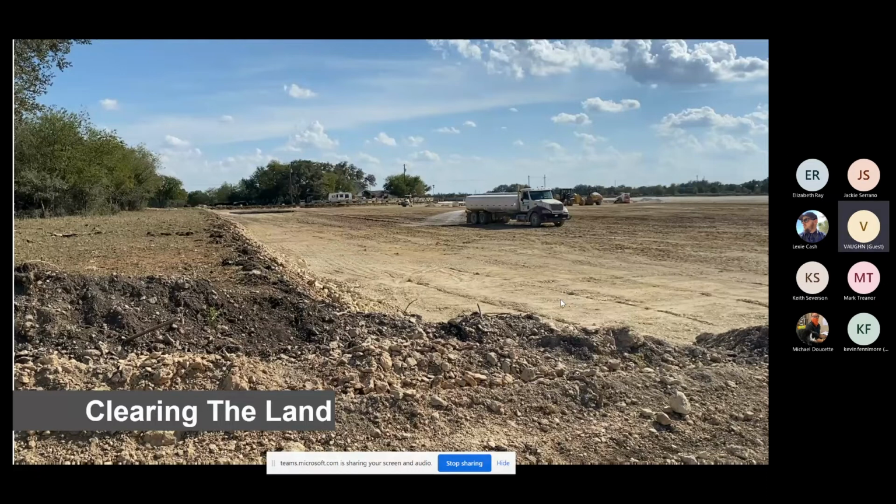So now I'm going to kind of give you a fast forward to one of our older pits. This is a very fresh pit. This is a brand new one that we're just smoothing out and clearing out the land. The more prepared and the bigger area you prepare the land ahead of time, the better you are. It's a larger investment, but it's an easier way of adjusting and finding out what your fixed cost is for